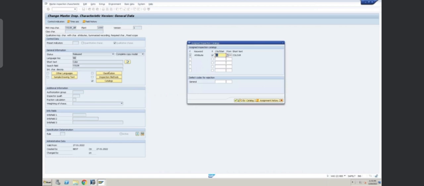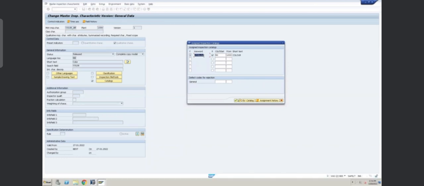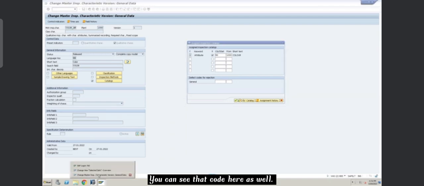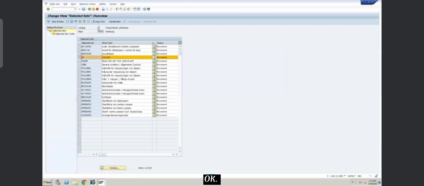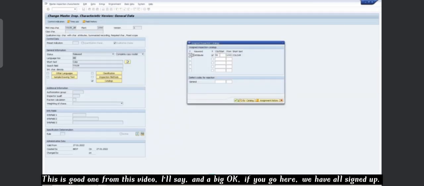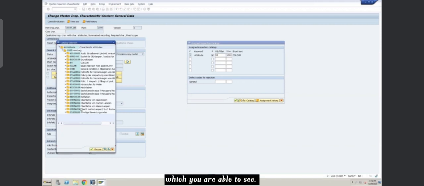Go to master inspection characteristics, color underscore QM, go to catalogs here. This selected set we are assigning from our catalog type called characteristic attribute, and even the code is 1 here. You can see that code here as well. From this we have assigned a BG. If you click on this F4 option, you would be able to see all those different 20 selected sets which you are able to see here. These things are coming from this